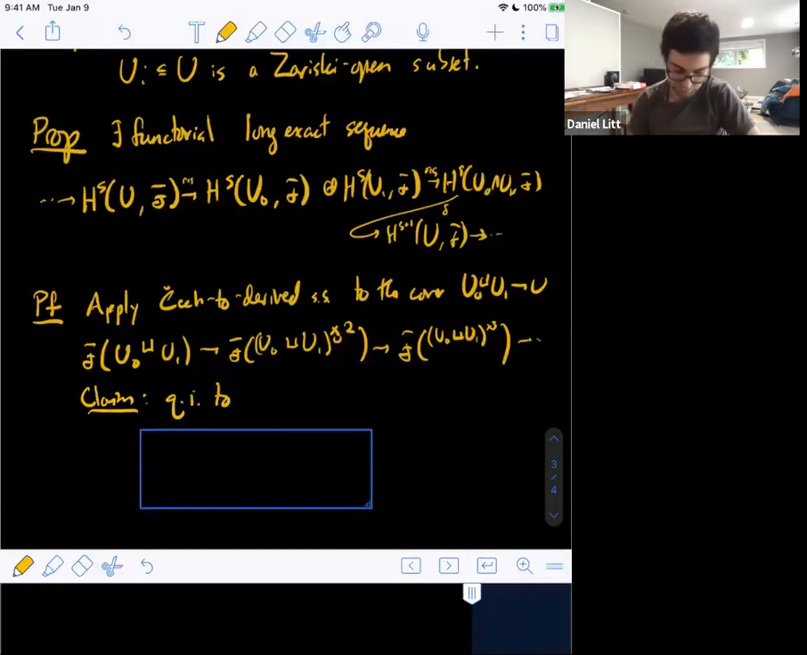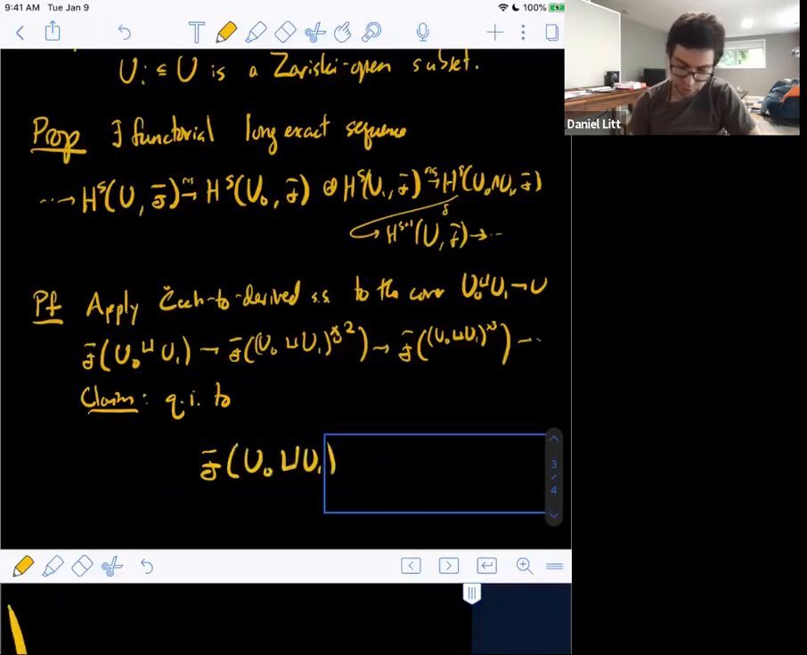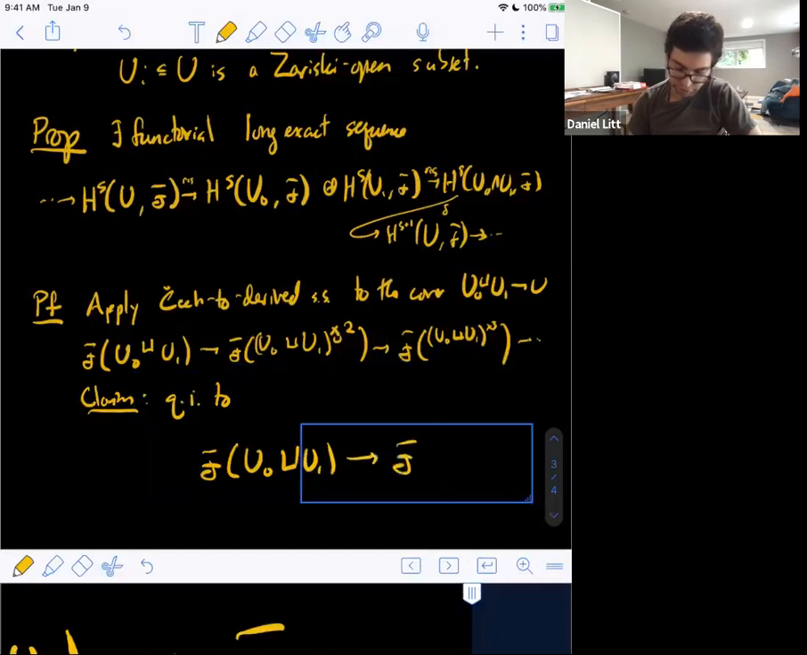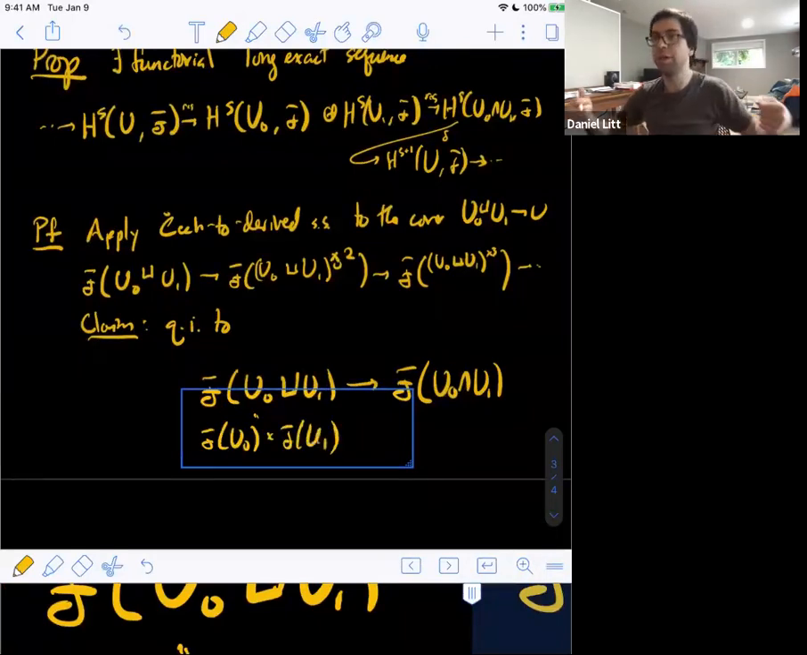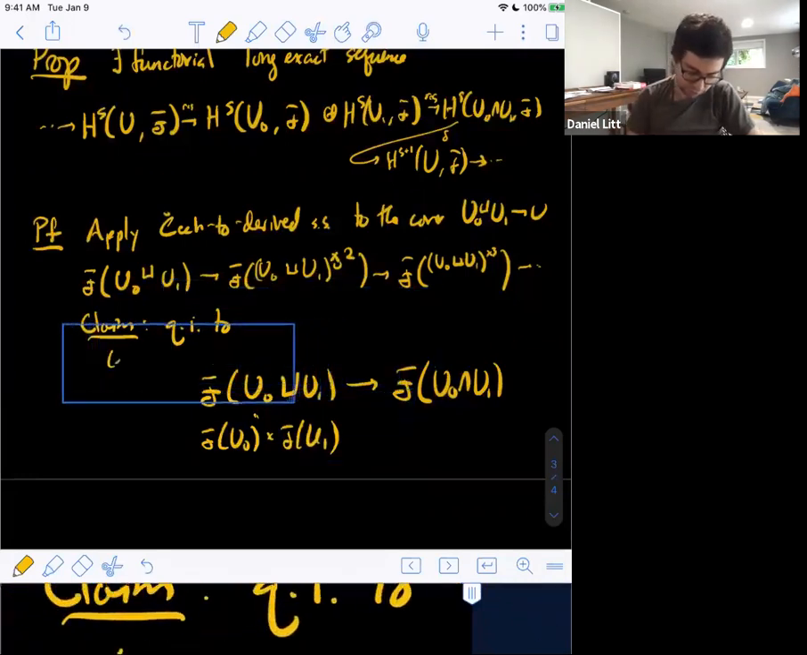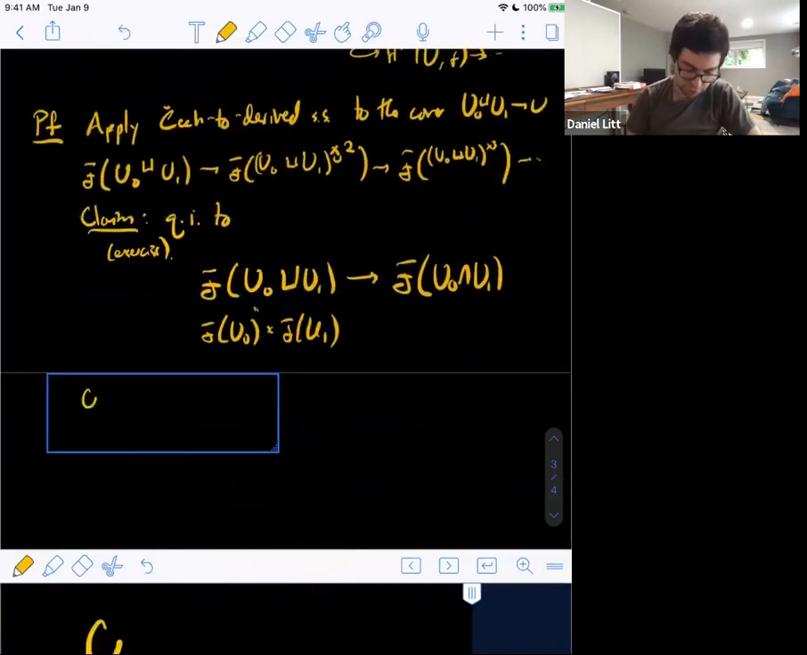F of U0 disjoint union U1 mapping to the intersection. So this is a two-term complex. And then what is this? This is the same as F of U0 times F of U1, just because U0 and U1 together form a covering family of U0 disjoint union U1. So this is a claim that you should prove in an exercise. Okay, and given this,